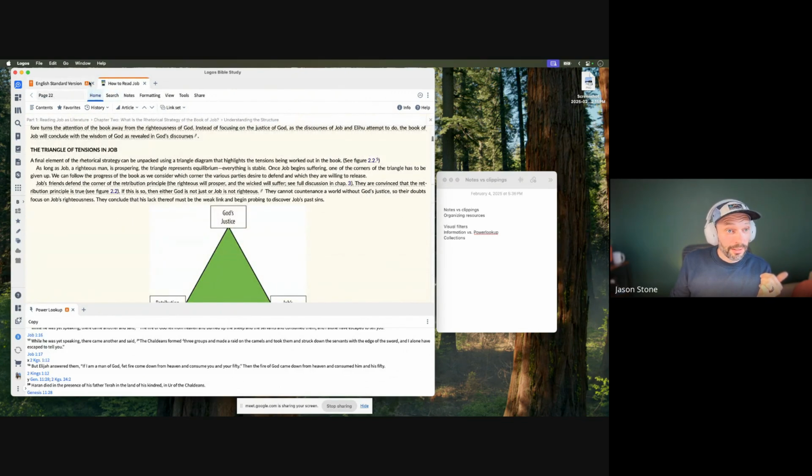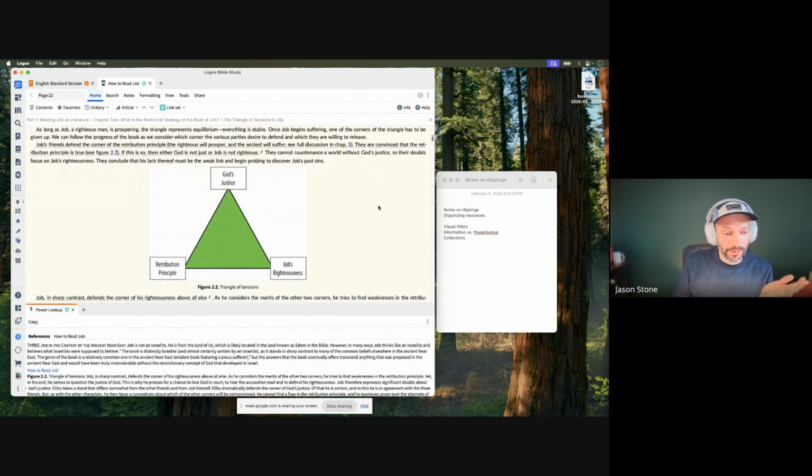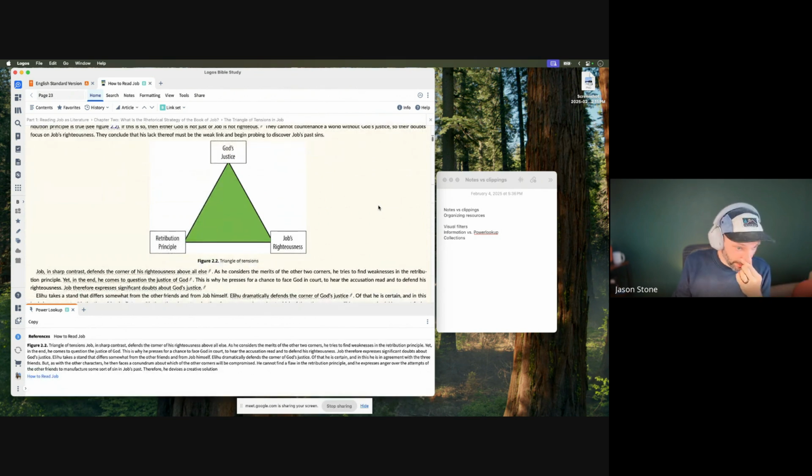Or if I switch this to B for a second, this is also great for when you're going through a book. In this case, my power lookup just changed to how to read Job, and figure 2.2, the triangle tension.